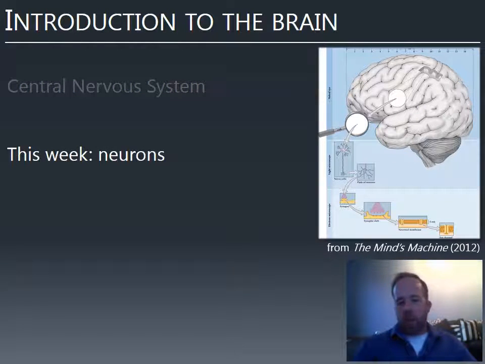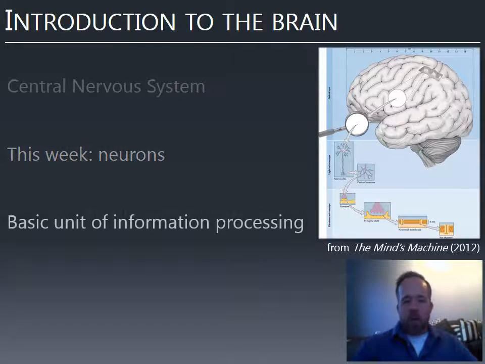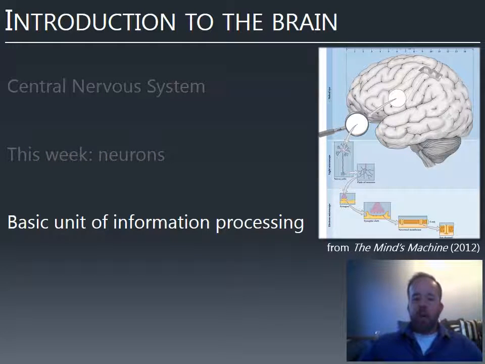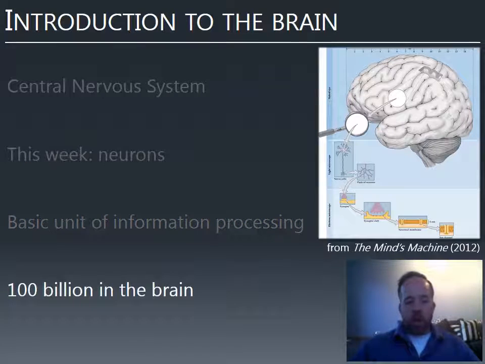And this week we'll focus on neurons, the individual brain cells. The neuron is the basic unit of the brain. It's the basic unit that processes information. And as you might imagine, for a human brain at least, there are lots of them. In fact, you've got 100 billion in your brain, give or take. So these cells connect to one another, so you can imagine the sheer number of connections is really quite large. And that's what allows our brain to process as much information and process it as deeply as it does.